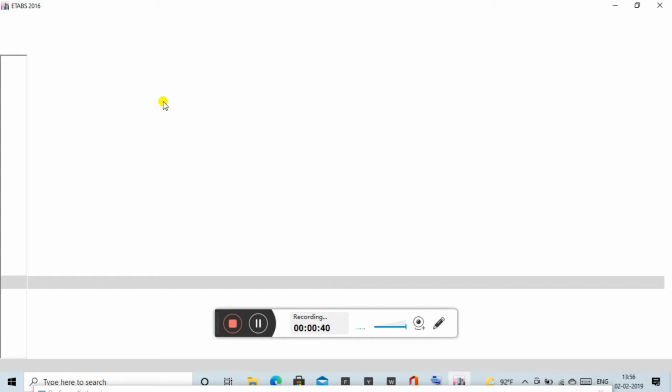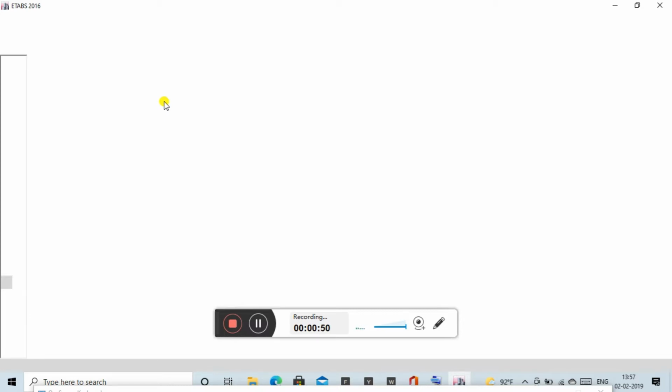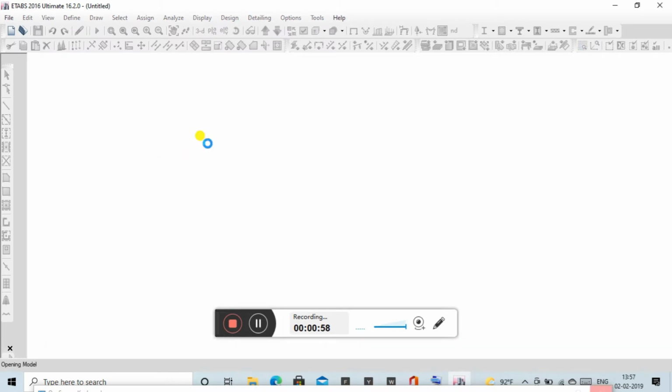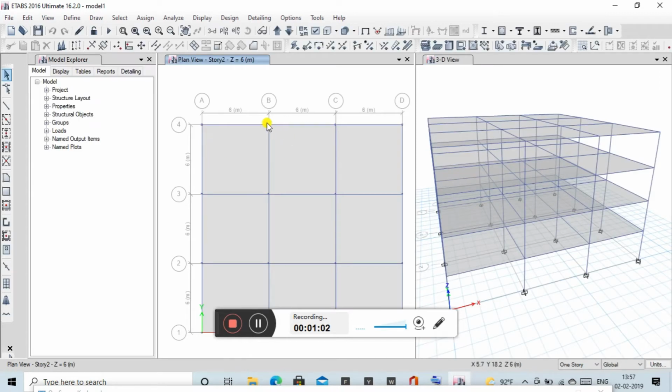So let's look at how to assign different dead loads, live loads and a cladding load. It will take some time to open. Yeah, it's open here.